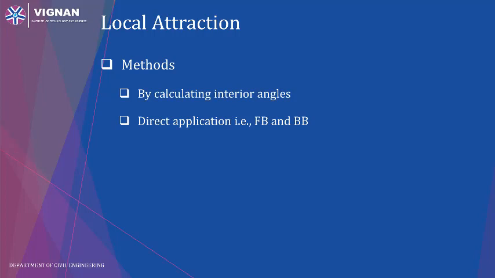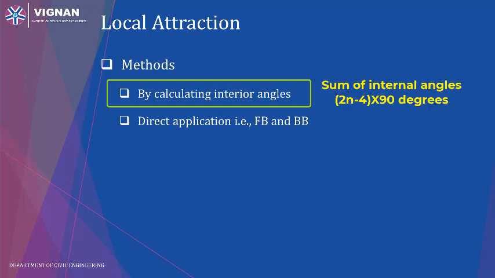The local attraction can be corrected by two methods. One is by calculating the interior angles, then by applying the fore bearing and back bearing, which is 180 degrees. In included angles, we will calculate the interior angles of the closed traverse. Then we apply the check for correction, that is (2n-4) times 90 degrees. And if it does not satisfy the check, then the error, whatever we are getting, we will distribute equally to